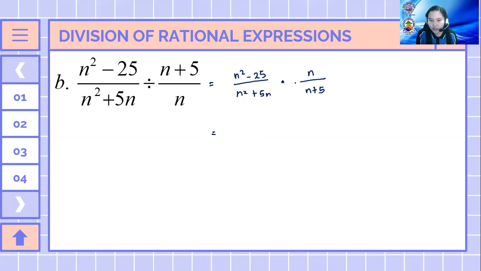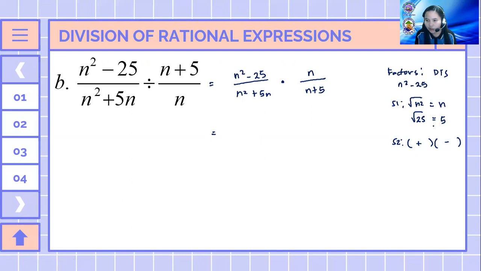Okay? So let's solve first the factors of n squared minus 25. So we will use the difference of two squares or the DTS. Step 1, find the square root of n squared and the square root of 25. So the square root of n squared is equal to n, and the square root of 25 is equal to 5. Then step 2, form the factors, two binomials, one addition and one subtraction. Then just copy the square. So we have the quantity n plus 5 times the quantity n minus 5. So we will just write n plus 5, and then we have n minus 5 over,